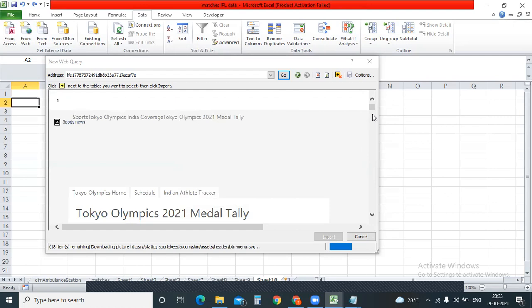Now, if we cannot read the data, okay, one second. This website is too huge. That's the reason we are not able to fetch the data. It's loading. We'll go with some easy website, then we'll come back to Olympic data. This is the problem with Excel. That is the reason we'll be going for Power BI. Can you see, guys? I'm not able to cancel or close this. It's a time-taking process, but when you are working in an office, every minute is very important. Whenever you want to close it, it should be within your hands. You're not supposed to depend upon Excel to finish it.